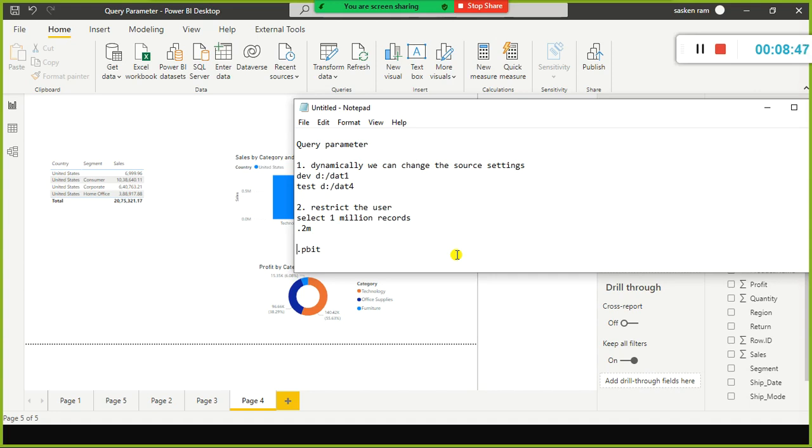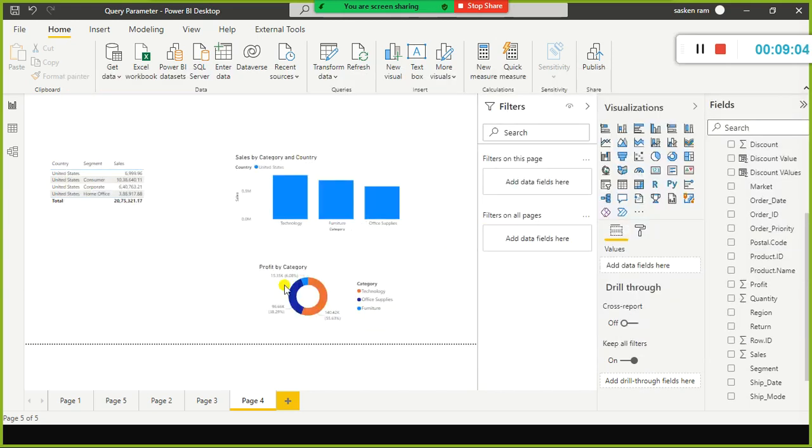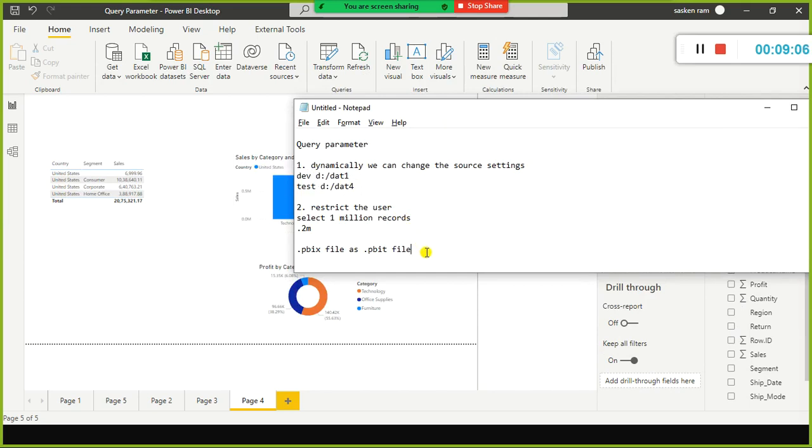So while sharing it, I export this .pbix file as a .pbit file and share it with them. When they open it, it will ask them to enter the country name in this case.